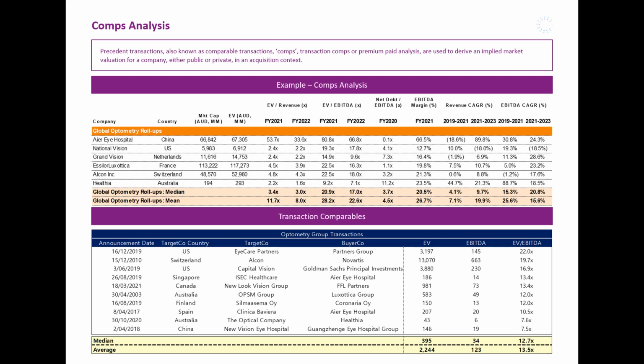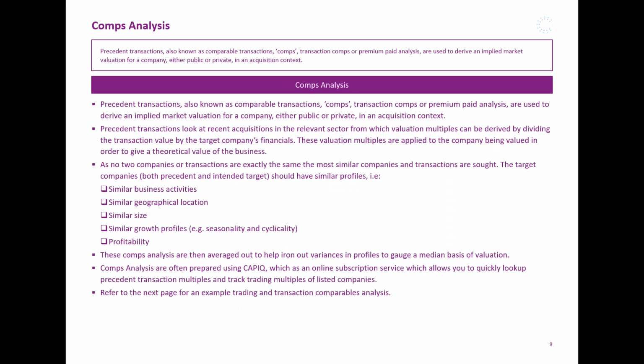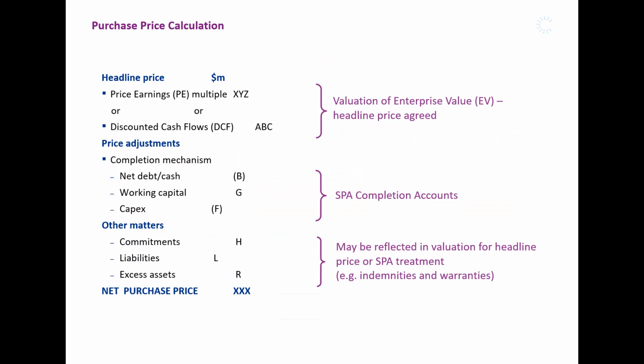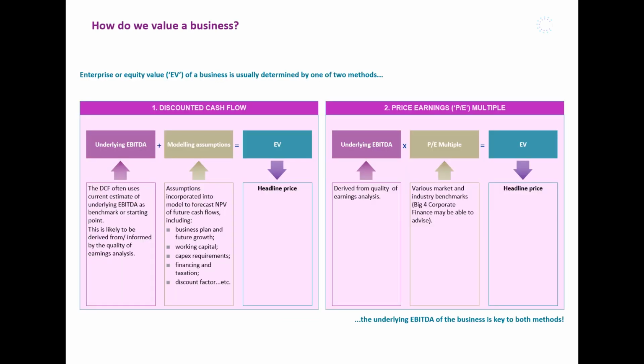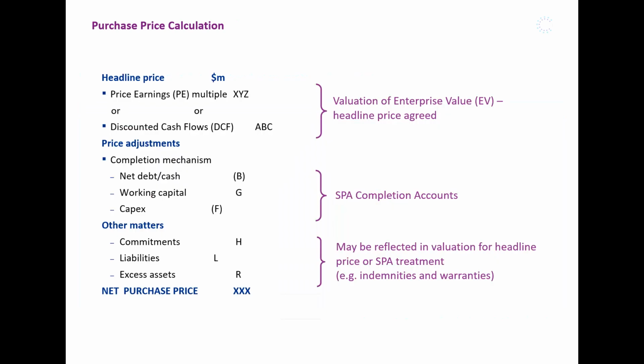So market cap, in a public environment, is essentially the equity value, versus EV, which is the enterprise value. I don't think I actually explained from the previous slide what the difference was. So it's very simple, really. Headline price, this is your enterprise value, EV. You'll see that term passed around a lot. It's essentially the value before you take into account debt. And once you adjust for net debt and cash, so this item here, take away B,